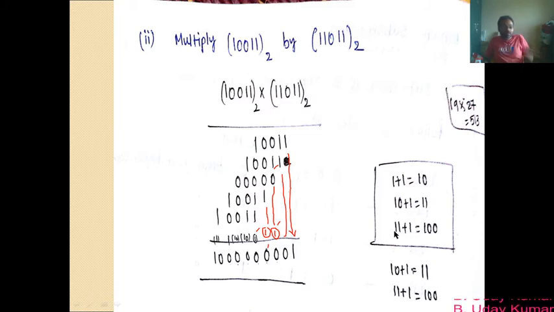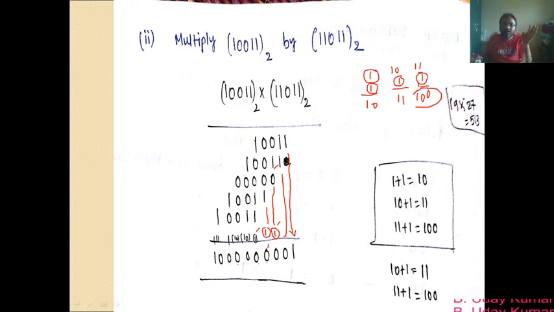And in the second column, if you want me to do it, I will. You know that 1 plus 1 is 10. Now 10 is added to one more 1, so you get 11. And when 11 is added to 1, again 1 plus 1 is 10, and 1 plus 1 is 10. So overall, adding the first one, second one, third one, and fourth one, when you add 4 ones, you get 100. There, 10 acts as carry out of these 3 digits. 10 acts as carry now.